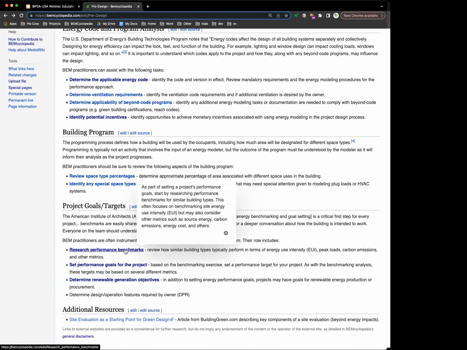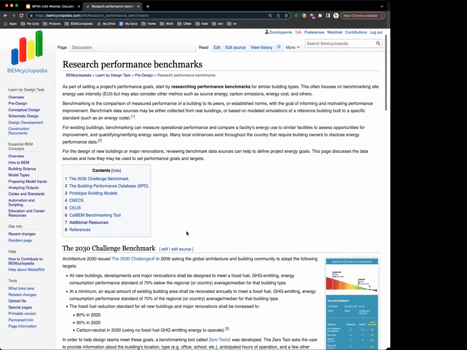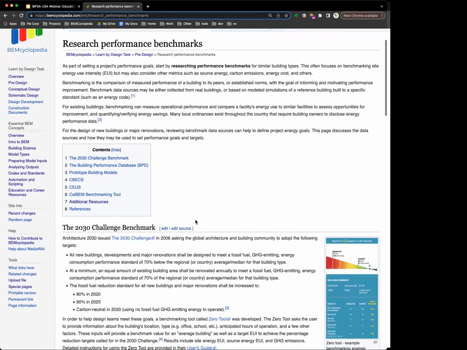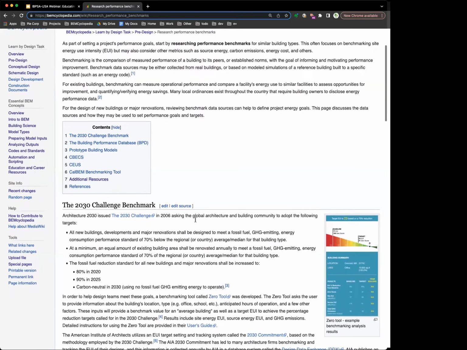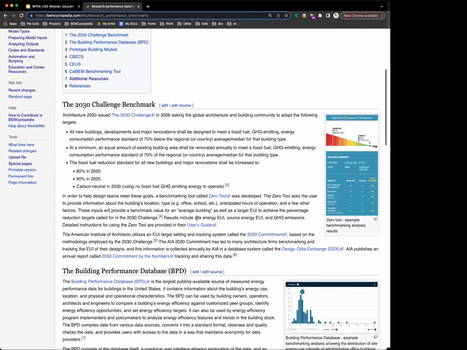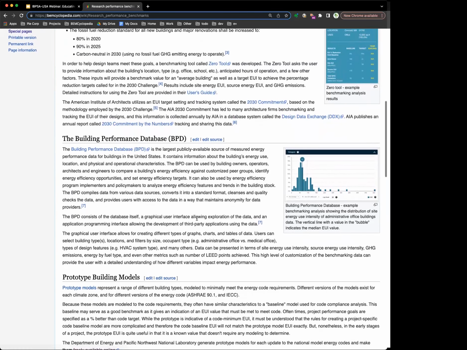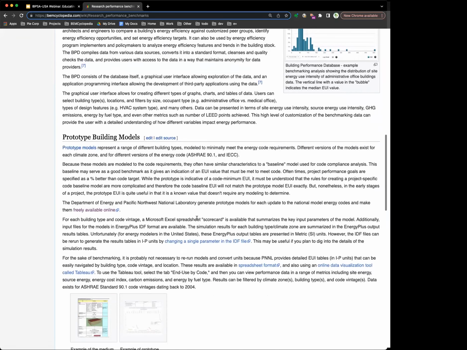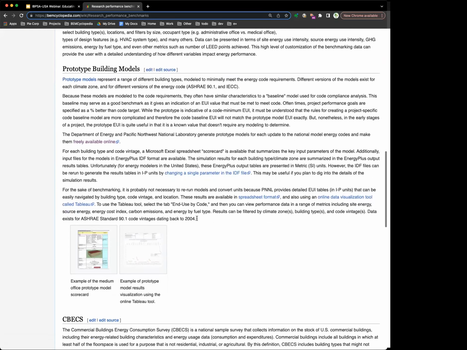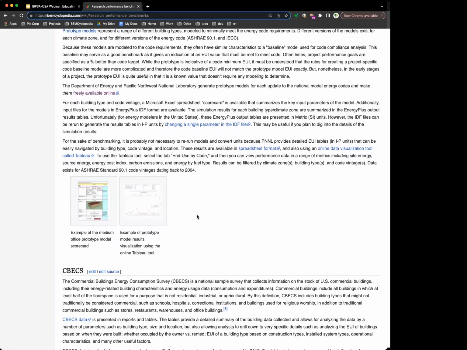So we have this page here that gives some guidance on how to research performance benchmarks. And here we've identified a number of different benchmarking tools. We provided some guidance on how to use them, as well as some information about what sort of metrics they will help you to understand. So there's quite a few different alternatives here. We try to give you some guidance on when you might wish to choose one versus another. So those are a couple of highlights from the pre-design phase.